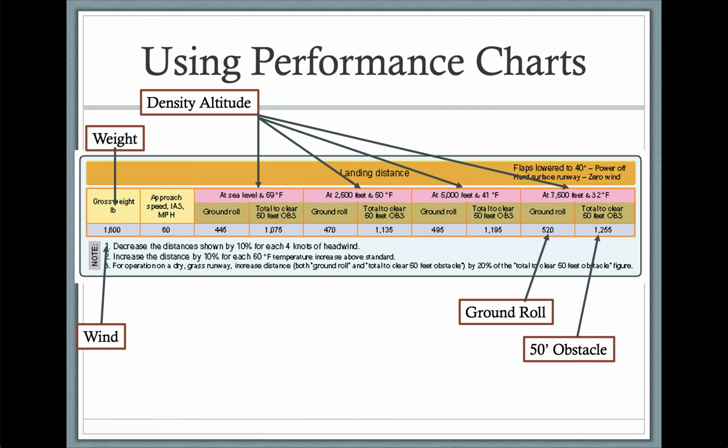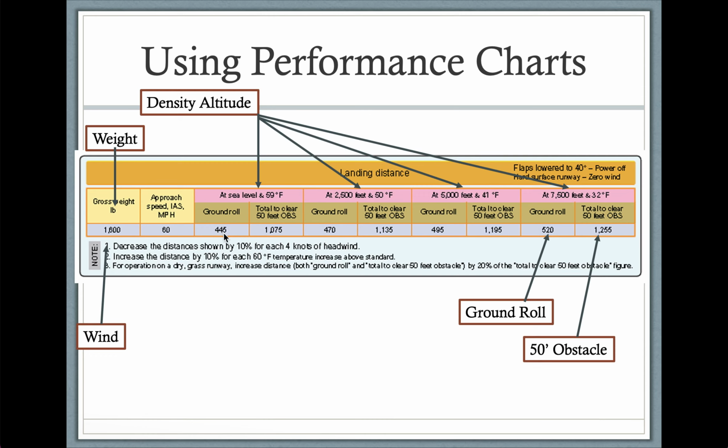Now you'll see how they're labeled. So basically at this weight, and if you were at a different weight, you would look at a different chart for this airplane, at these different density altitudes. So sea level at 59 degrees Fahrenheit is standard ISA, International Standard Atmosphere conditions. And this is going to be the best performance you get, the least amount of distance you need to get airborne and the least amount of distance you need to climb to get airborne and then continue climbing to a 50-foot obstacle. So this is meaning that from the start of your takeoff roll to the time your wheels leave